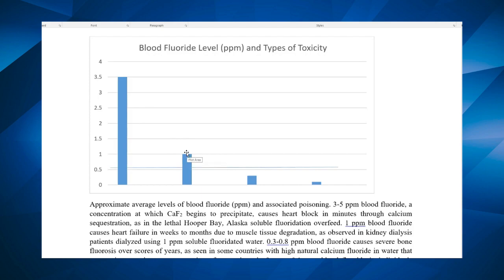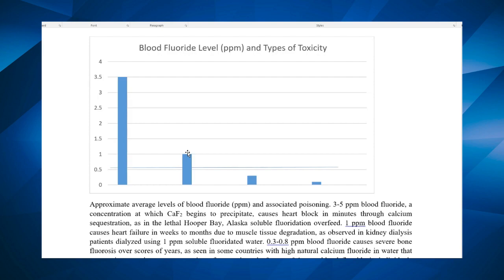This happened when fluoridated water at 1 ppm was used in kidney dialysis wards. And that's in my Ph.D. article. It's the fact that the FDA finally had to regulate the use of fluoride water in kidney dialysis wards. You're forbidden from using it anymore, because when you're using 1 ppm fluoride water and you're dialyzing the people with it, they don't have normal kidneys. Their blood level goes up to the level that's in the water because you're replacing the blood with the water, and the chemicals they need in the water to dialyze the waste out of your bloodstream that the kidneys can't do. So their blood level was 1.